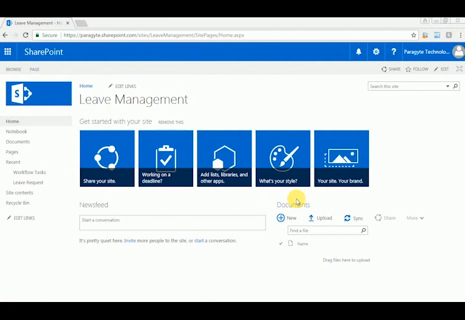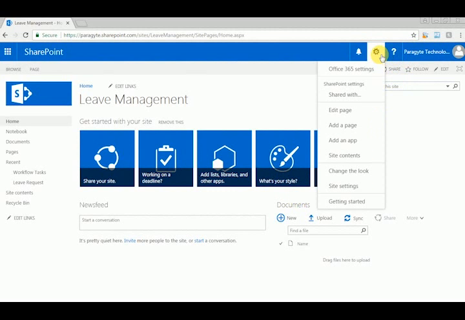So now that we have completed the approval process, what we want is that requesters should see the requests submitted by them. So for that we will have to create a new view on our leave request list. So this is how we are going to do it. Go to site contents,